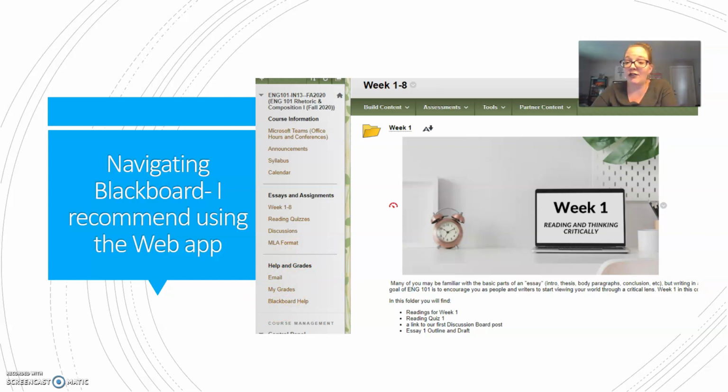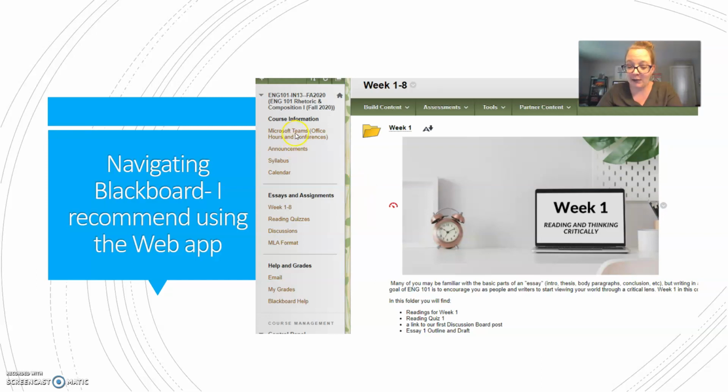The other application that you're going to need besides Blackboard and your email is Microsoft Teams. So hopefully if you're also taking other courses, your instructors have been using Teams and maybe you're already really familiar with it. But again, if you're not, just take some time to click around. Honestly, you're not going to hurt our Blackboard course. You're not going to do anything wrong. Just click and find where things are.